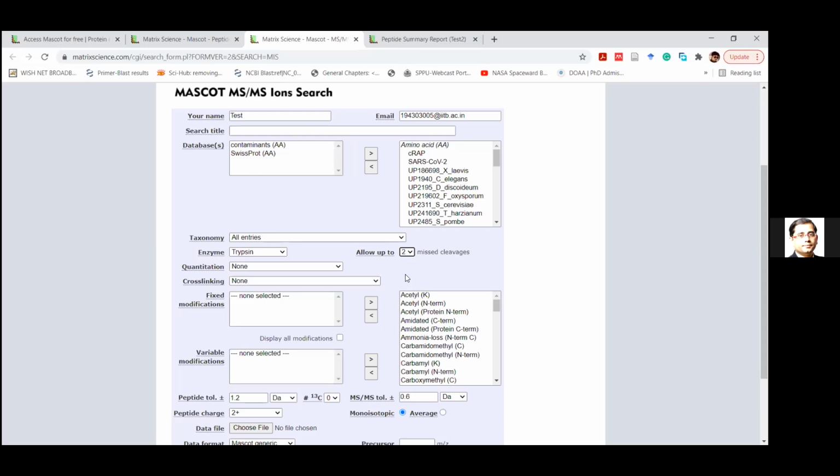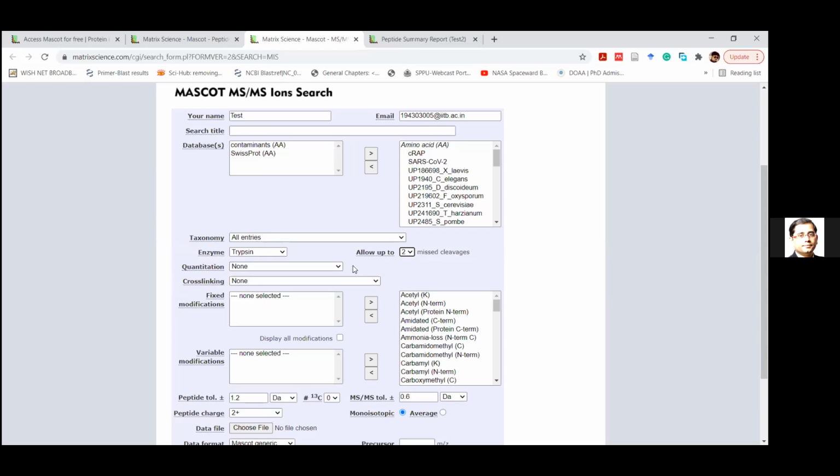What is miscleavage? Once again, trypsin digests the protein into peptides. So it would cut at specific sites. So what if it misses some sites? That is missed cleavage. So if it is missing 2 cleavages, we can still allow that data. According to this selection, we are allowing 2 miscleavages, but not more than that. But if you're very sure that your protocol won't have any miscleavage at all, you can choose up to 0, which means it's very, very stringent.